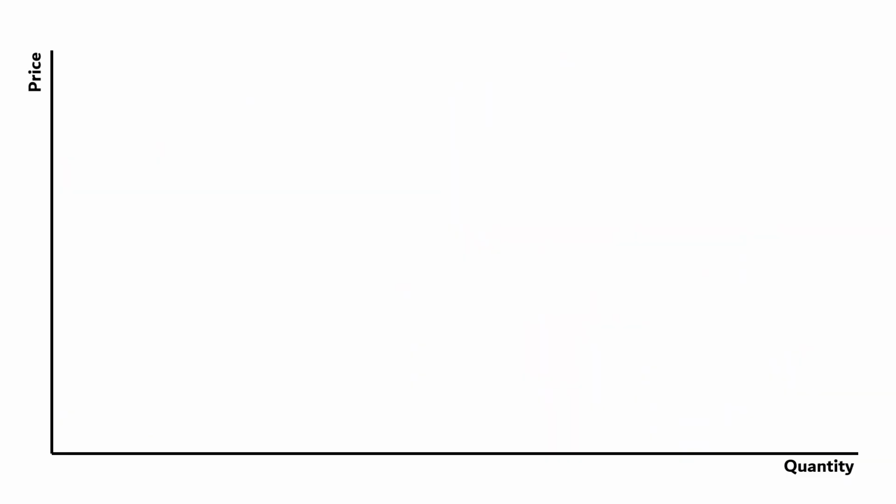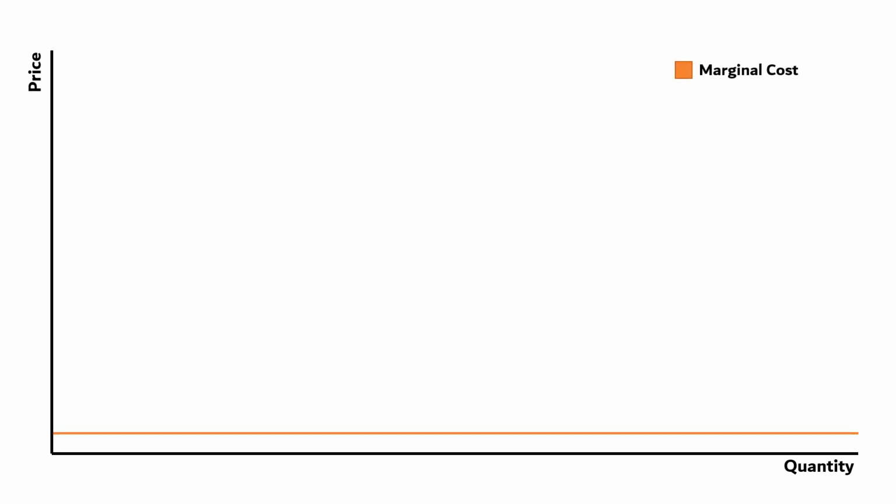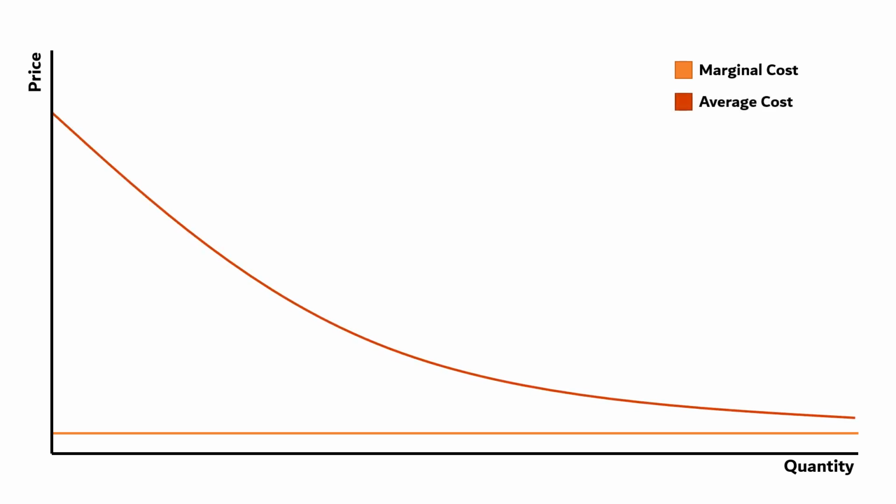A natural monopoly is likely to occur in industries with low and constant marginal costs. Marginal costs like this mean the cost of producing each unit isn't changing, no matter how many we produce. But to prevent the entry of more firms, there need to be very high fixed costs. High fixed costs mean average cost starts high and then falls towards marginal cost. Average cost won't start rising until marginal costs rise, and with a natural monopoly, that may not happen.